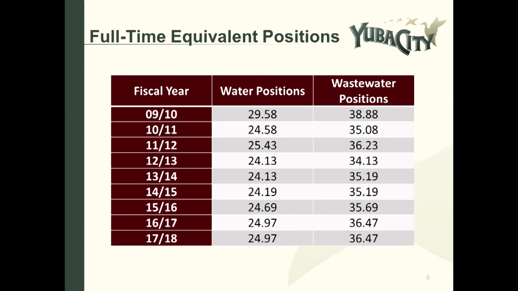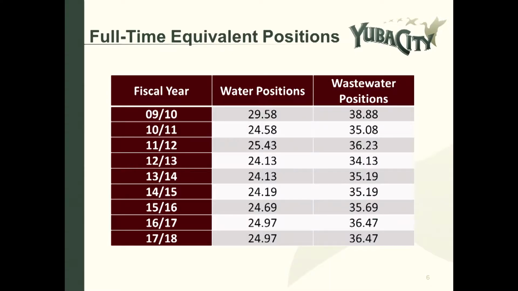So one of the questions that I've received is, how many full-time equivalent positions have been added to the budget over the last few years? When you think about the increase in rates, that's directly related to an increase in people. And so what this slide notes is that going back to fiscal year 9-10, during that fiscal year, we actually had more positions in water and wastewater than we do today. And so this is a slide showing the number of full-time equivalent positions over the last 9-year period. And it's important because it shows that staffing levels have been fairly constant for the past several years.